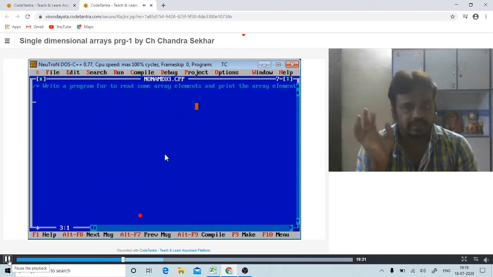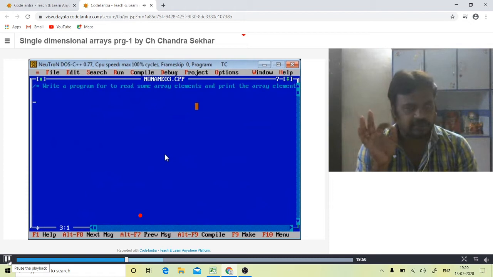Just assume in our array we have 4 elements: 10, 20, 35 and 45. Out of these 4 elements, 10 and 20 are divisible by 5 as well as 10, so these 2 values are not printed. 35 is divisible by 5 but not 10. 45 is also divisible by 5 and not divisible by 10.